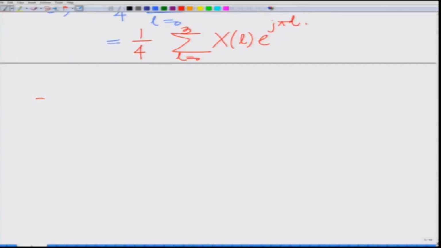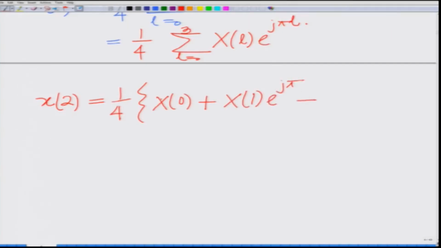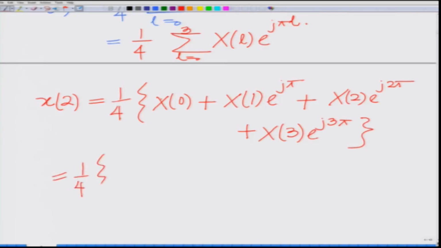Now, substituting the symbols loaded onto the subcarriers, I have 1/4 (x0 plus x1 e^(j pi) plus x2 e^(j 2pi) plus x3 e^(j 3pi)),